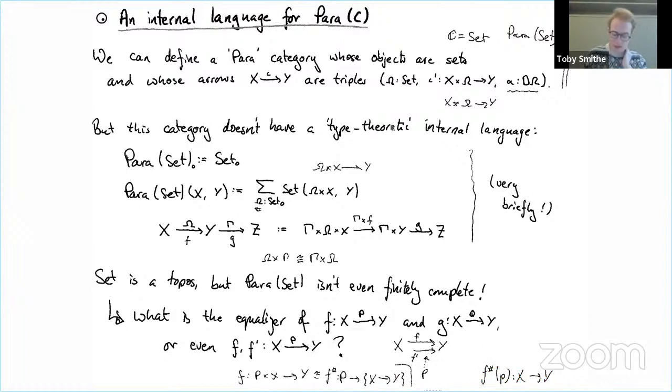And so if we want to form their equalizer, for each choice of parameter we'll have a different equalizer, because in general this map F sharp of P is going to be a different map. And so really, we want this equalizer object to be parameterized too. It needs to know what choices of parameter P are being applied to F and F prime in order to say what the equalizer is going to be. And so we might write this as something like equalizer P and P prime, but obviously this isn't an object. There's no notion here of parameterized object.